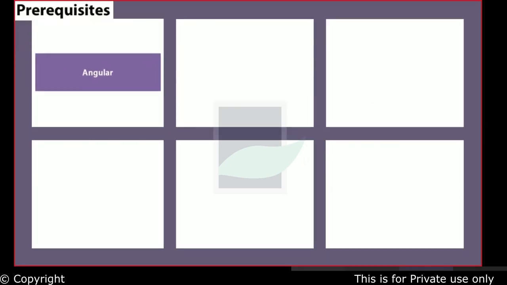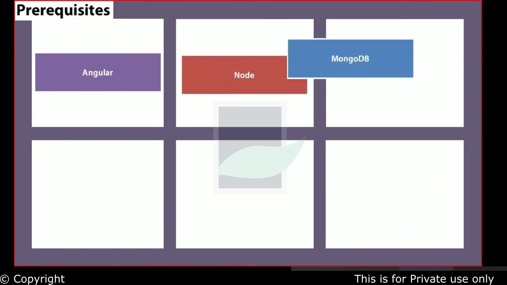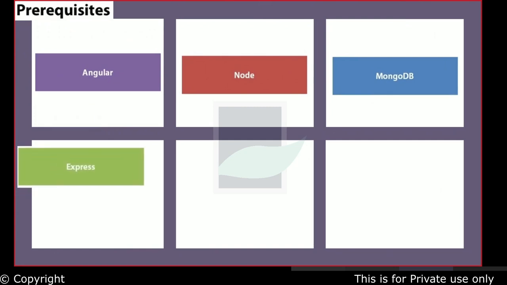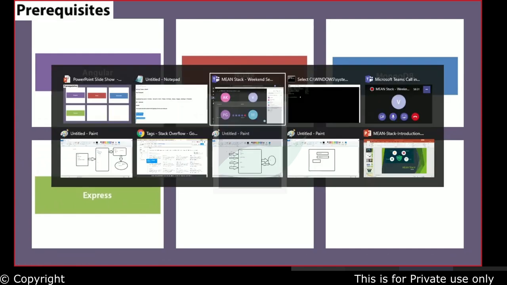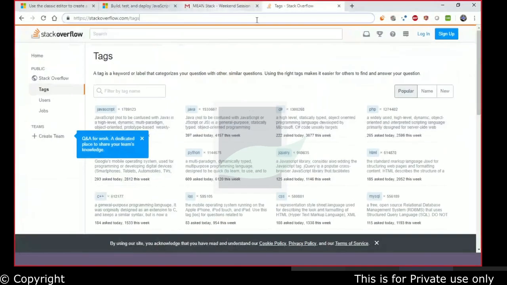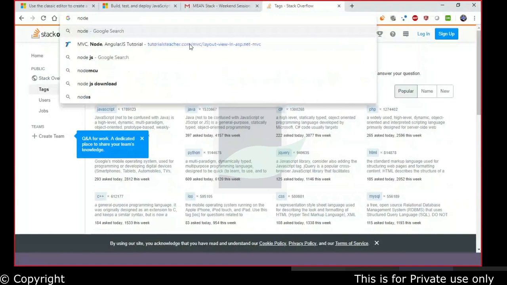These are the things which you need to have on your box: Angular, Node, MongoDB, your Express. Even though they look like different things, just installing Node will give me all this. So all of these can be installed as packages. So I just need to have Node. Just get Node installed. So where will I get that installed from? We'll speak about it in the introduction modules. But if you are curious,